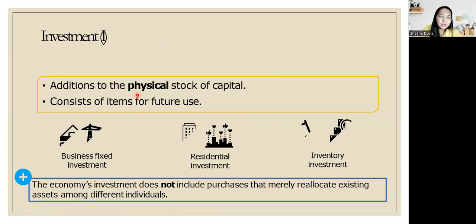Okay. So the second component of your national income identity or component of your GDP is your investment. This refers to the physical stock of capital. Okay, so ibig sabihin nun, pag nagkakaroon ng mga buildings, inaayos yung mga roads, etc., hindi pala, sa government, pwedeng mag-consider yun yung government expenditure. Pero this one, kapag mga business fixed investment, residential investment, inventory investment,